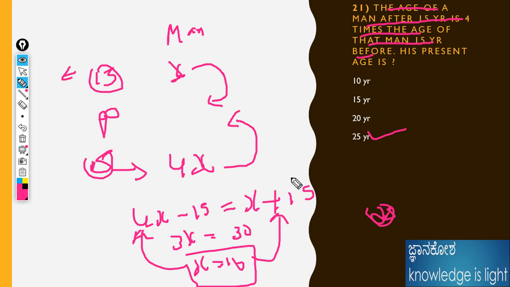If you are logically improving for this kind of problem, definitely if you solve more problems, only then will it come to your mind, otherwise it will not come to your mind at all. Please solve more problems like this from any book. This is one base example that I have given here, and we need to do it from this table format. If you make the table in this format, we can use it on any problem. Okay, fine, the answer is 25 here.